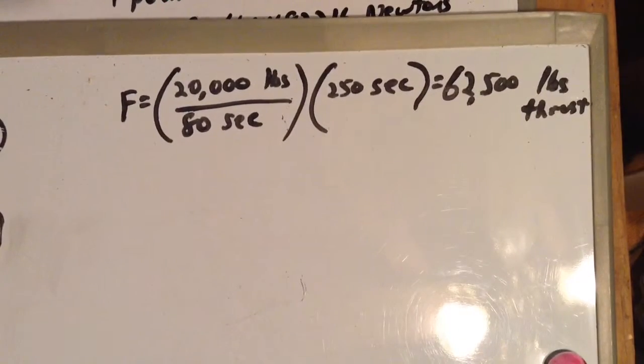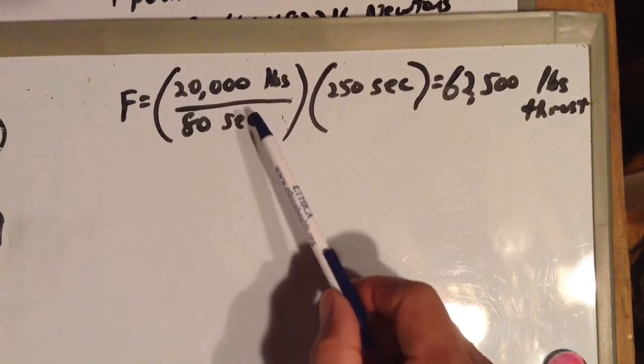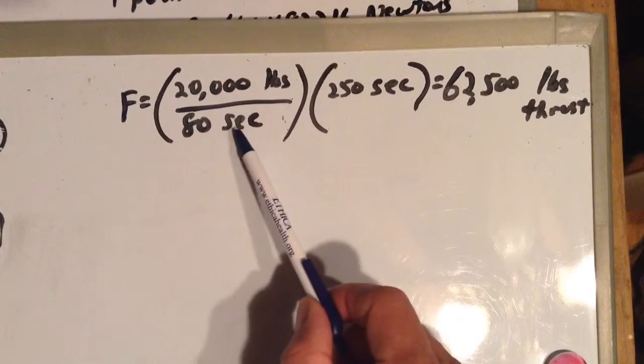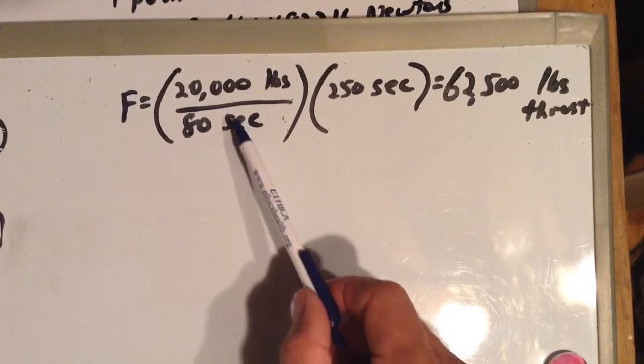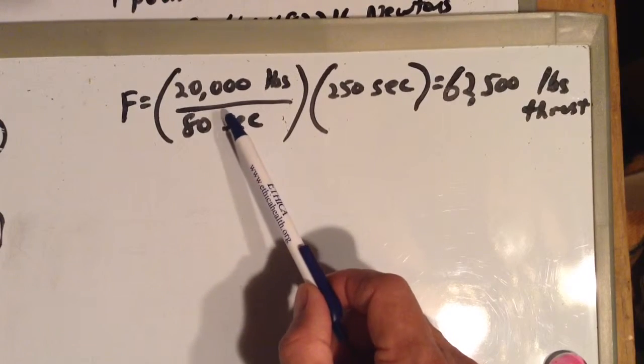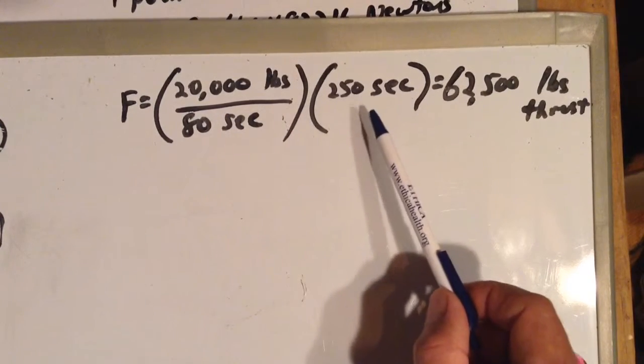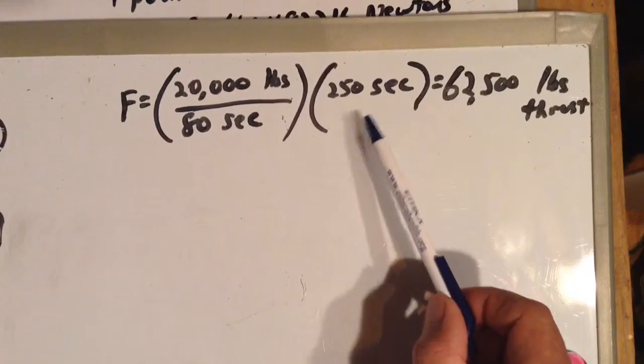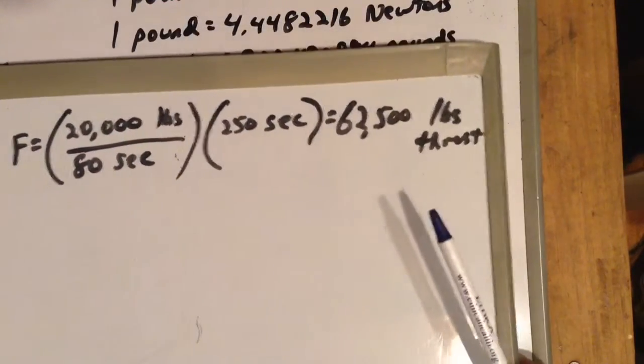The force is the mass flow rate, 20,000 pounds per 80 seconds, which is 250 pounds per second, and its specific impulse is 250 seconds. So its thrust is